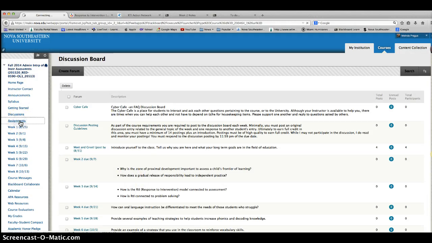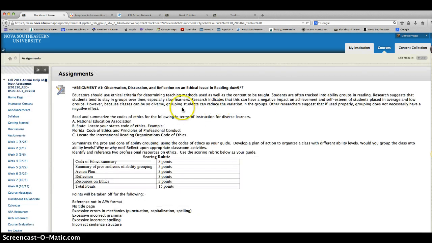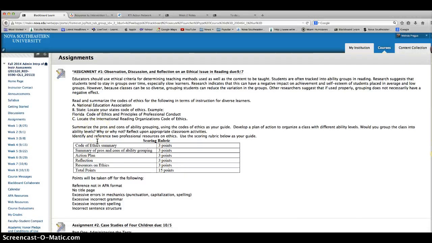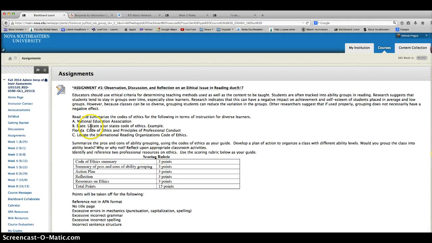Then let's go to our assignment area. And here, let's take a look one more time at assignment 1, which is due on the 7th of September. Remember, you have several parts to this assignment, and in the PowerPoint I sent you, you have the links for each of these. Now, if you're not living in Florida, you're going to find your state's code of ethics to use. You're going to read and summarize the code of ethics